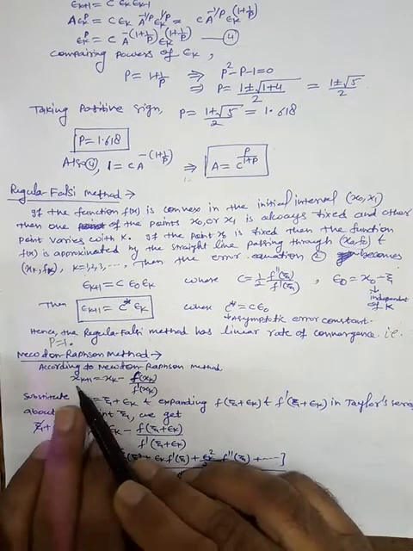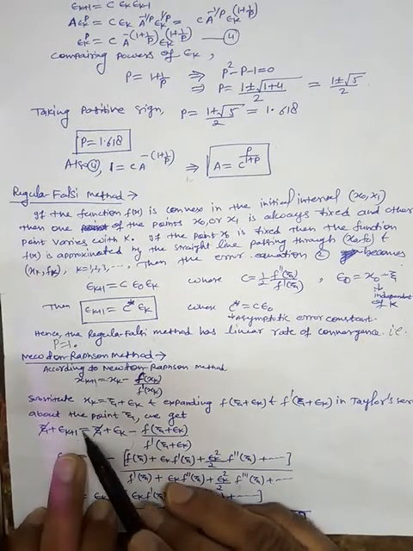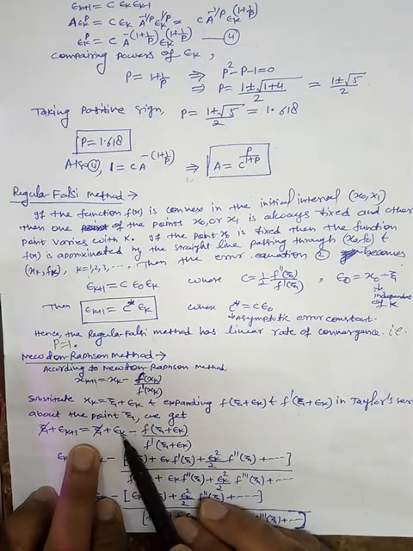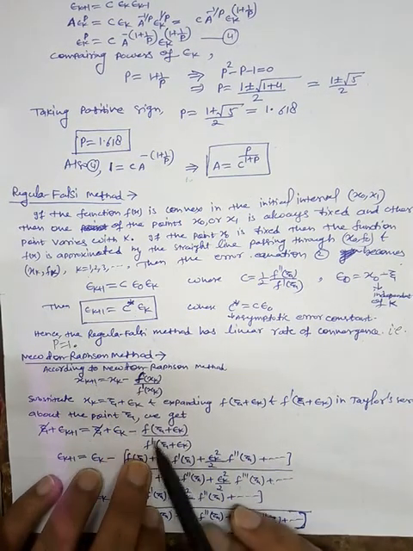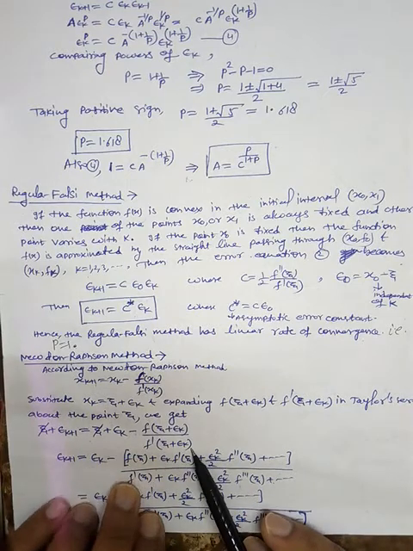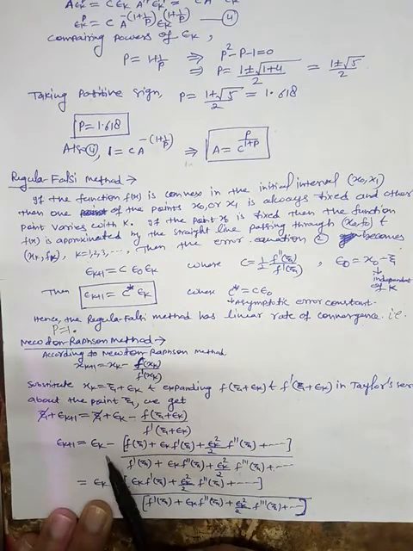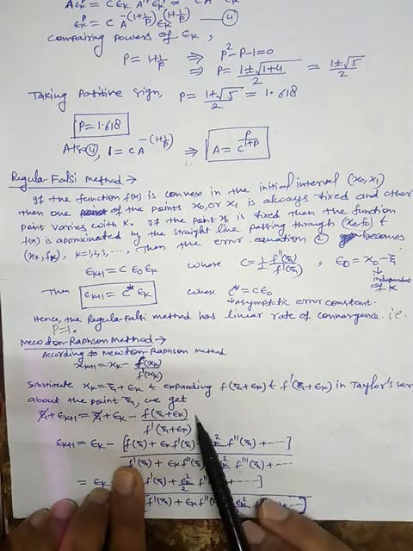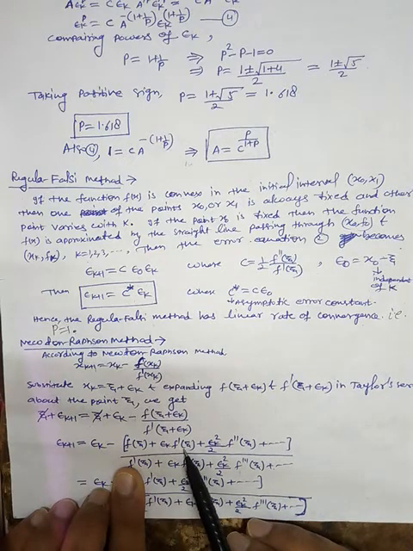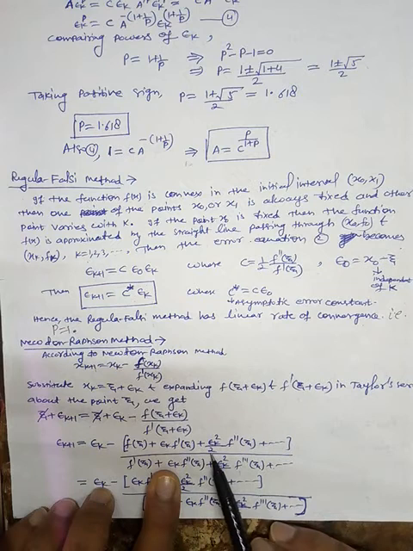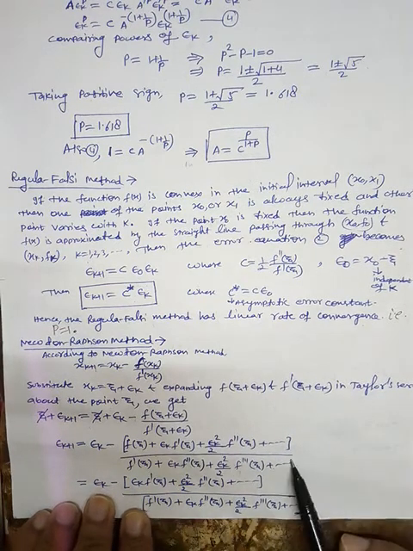So what we will have, f of xk plus 1 is what? F xi plus epsilon k plus 1 is equal to, what is xk? Xi plus epsilon k minus, this can be written as f of xi plus epsilon k divided by f dash xi plus epsilon k. Okay, so now xi is cancelled out with just xi, so epsilon k plus 1 is epsilon k minus, now expand this with the help of Taylor series. So f of xi plus epsilon k f dash xi plus epsilon k whole square by 2, second derivative of function at xi plus, and so on, divided by here.